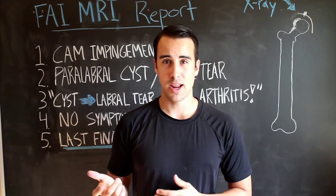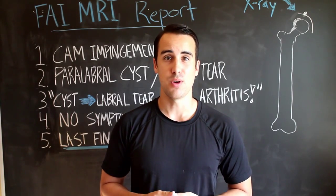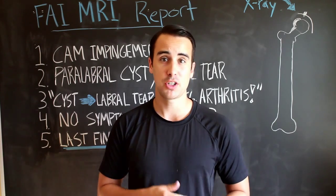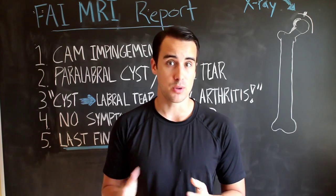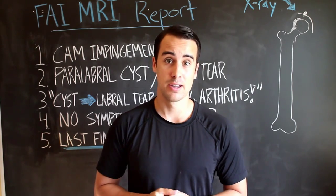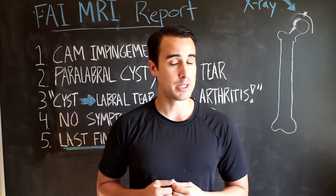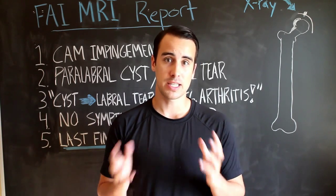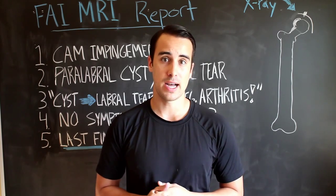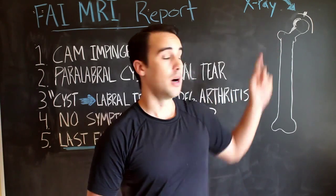What does an X-ray or an MRI really tell you about your hip function and your hip pain if you're someone who's dealing with FAI or think you have FAI or have been told you have FAI? Well, the conclusions that I'm coming to are kind of surprising to me, so I wanted to share them with you. So just to set a little background, a couple weeks ago I got an X-ray on my right hip